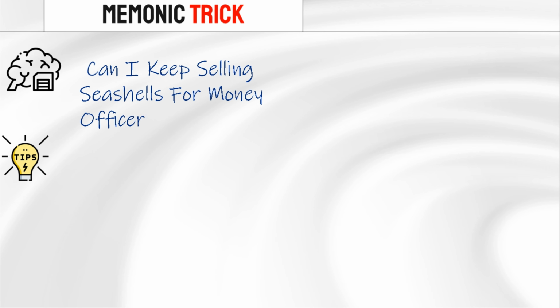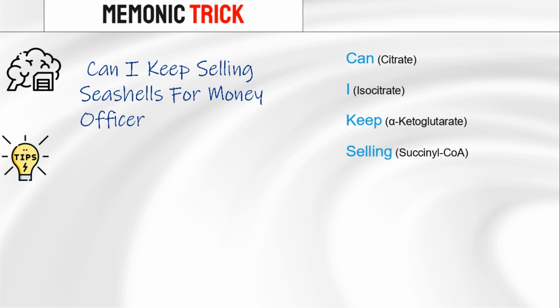Now, let's make remembering the order of the citric acid cycle a breeze. Introducing the "Can I Keep Selling Seashells for Money, Officer" mnemonic. CAN stands for citrate, the starting molecule. I represents isocitrate, the next step. KEEP is for alpha-ketoglutarate, where we lose our first carbon dioxide. Selling refers to succinyl-CoA, where we generate our first high-energy molecule,